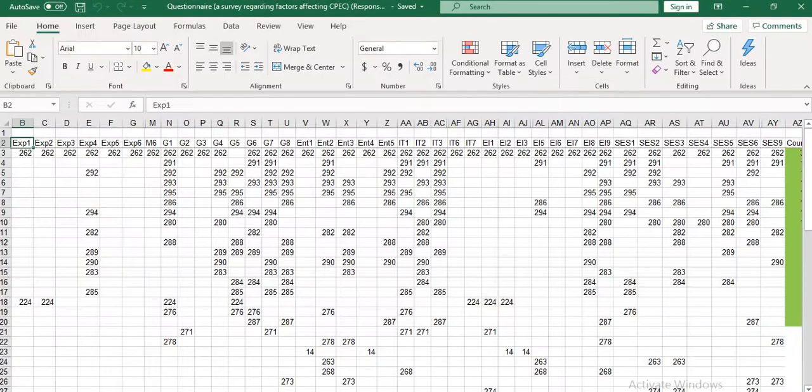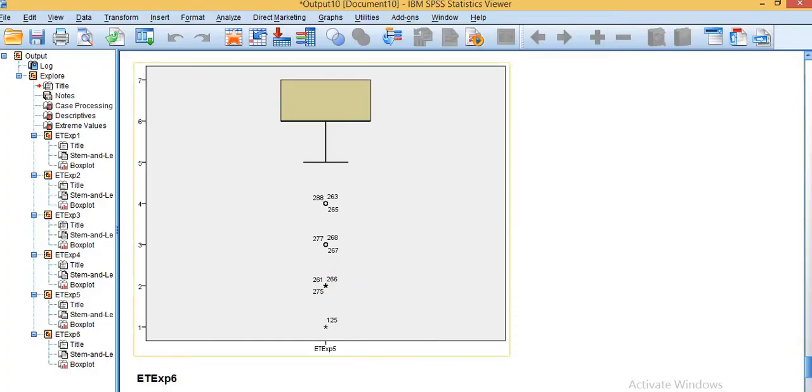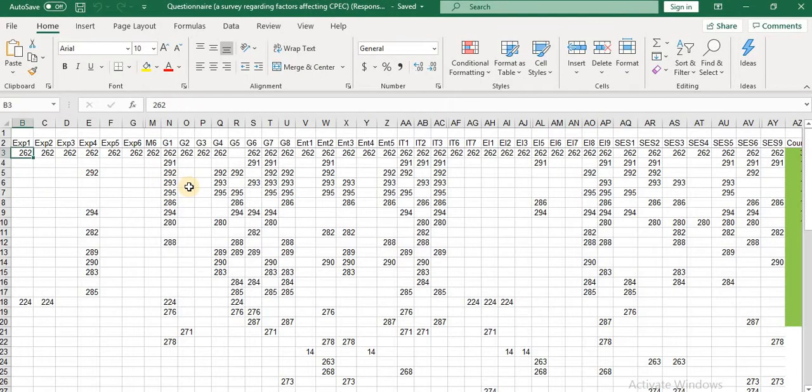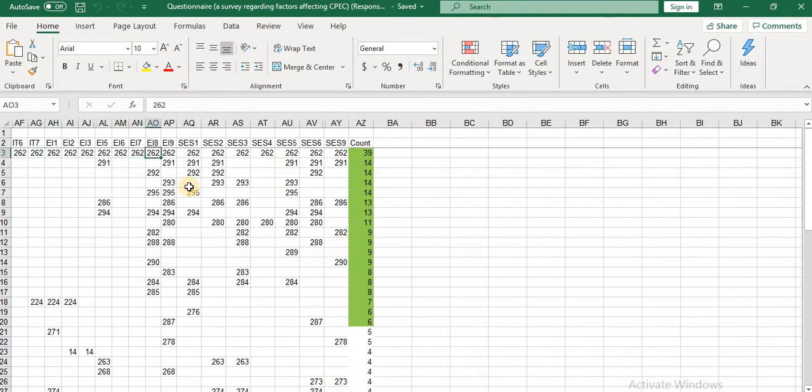What I have done in my dataset, I have prepared a chart in MS Excel. I put all of my items here at the top, and then I type all the outliers one by one here, to check how many times one outlier is repeated.